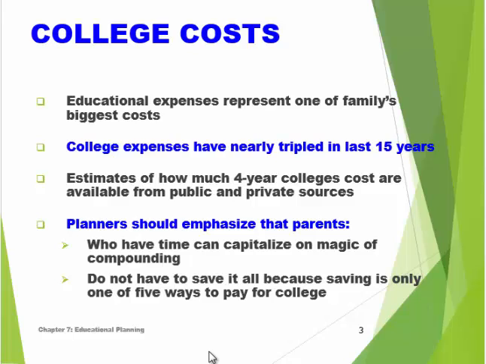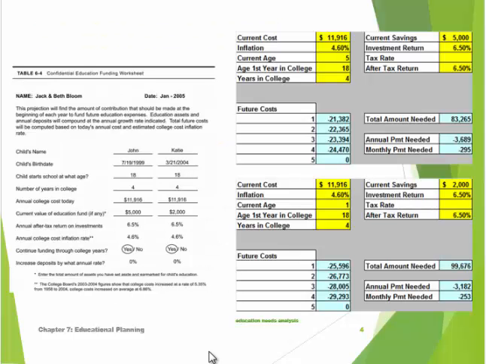There's lots of ways to pay for college. You can look at a variety of techniques or tools. There's the Educational Needs Analysis Worksheet. And again, without getting into a lot of detail, if you know what it currently costs for school, apply an inflation rate that you think fits what the inflation rate of colleges is. What's the current age? What's the first year they're going to attend college, and how many years will they be there?